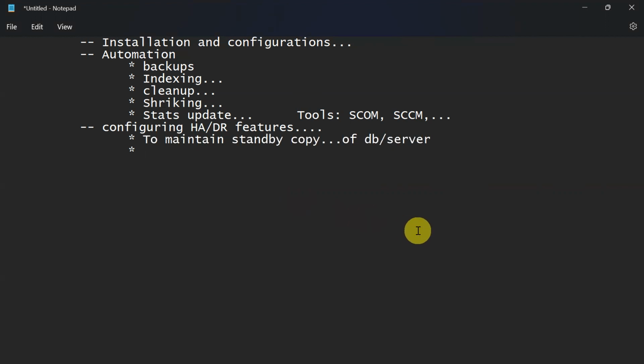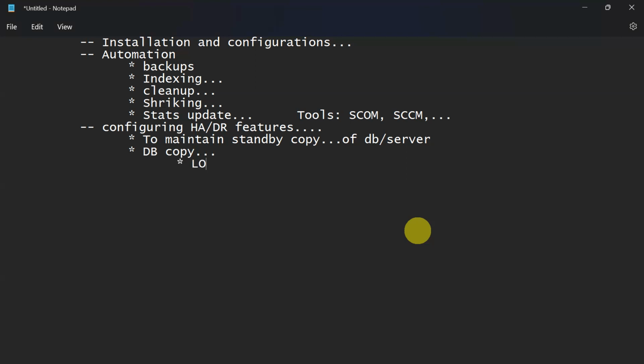In SQL Server, we have different levels of high availability features. We'll talk about them later, but remember, to maintain an as-is database copy, a database to database copy,